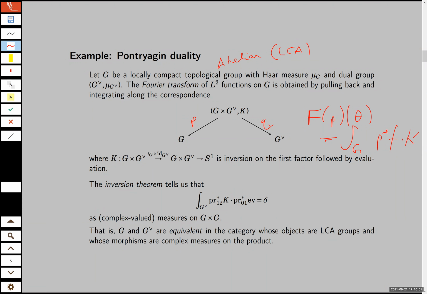It's just on the product here. There's no auxiliary third space, but auxiliary third spaces are still useful when you try to consider compositions of this